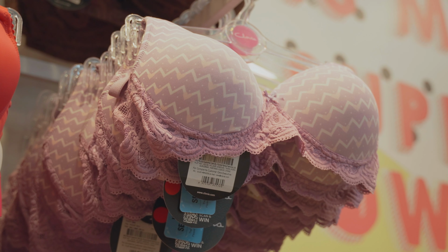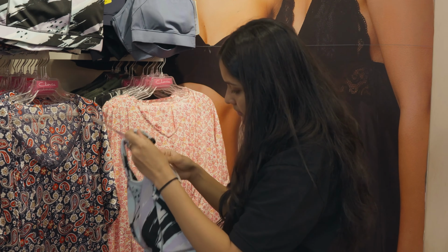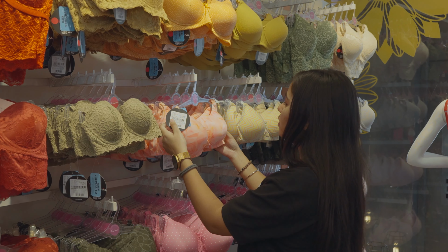So our math was very, very clear. We said, let's work backwards. What is it that the customer will be ready to pay? If she's paying 1,000, 1,200 rupees for a kurti, she will not pay more than 400 for a bra. Now let's work backwards and see how we can give that product, which is really high-end, a really good experience, right? Now, if I wanted to cater to all this complexity I was talking about, it's a long answer, but